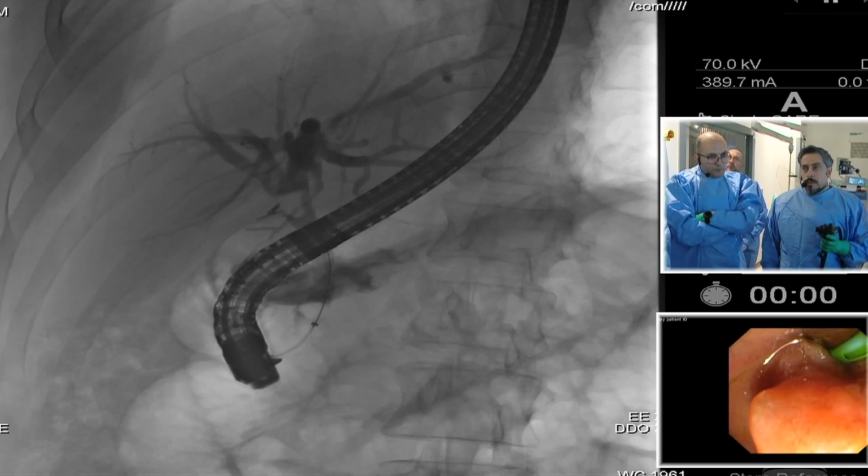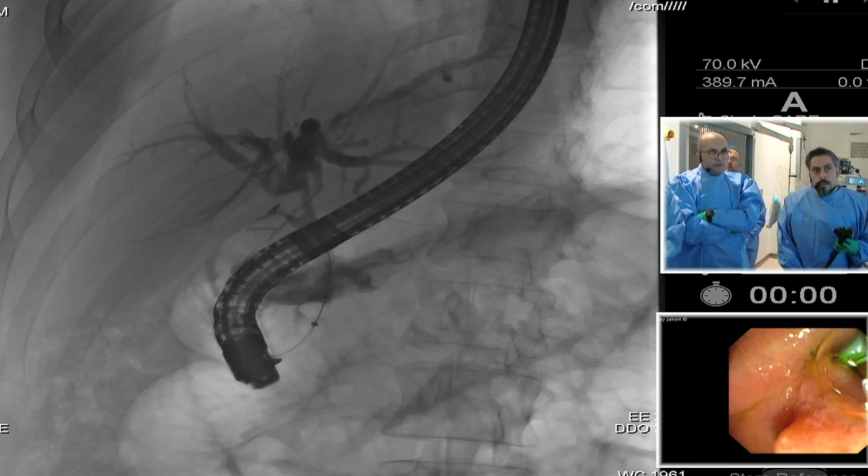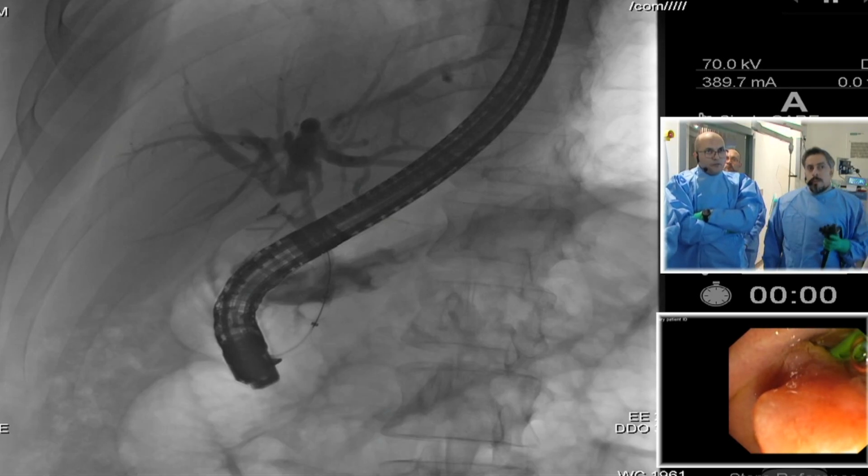One consideration to make is in centers that do not have access to spyglass. Of course, it all depends on what access you have. We can place a fully covered metal stent to really dilate that stricture over like 4 months, 5 months. And if we can